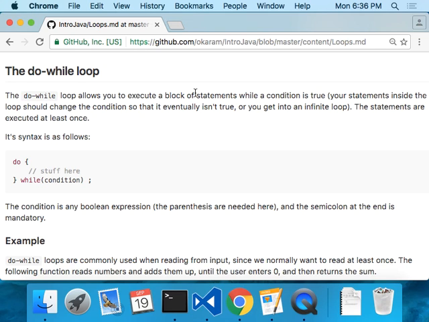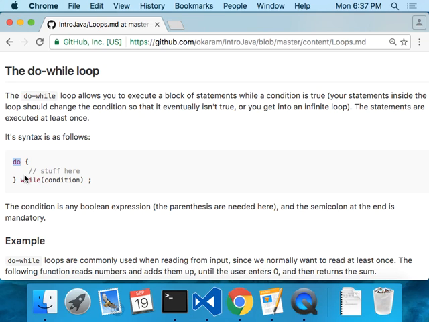The do while loop has the syntax: you say the keyword do, then you have a body, whatever you want to be done, right? Normally you put the braces because you want to do more than one line, more than one statement, more than one thing. While, and then a condition. The parentheses are part of the syntax, just like with the if. And so it will keep doing that stuff, whatever you put in the middle, while that condition keeps being true,